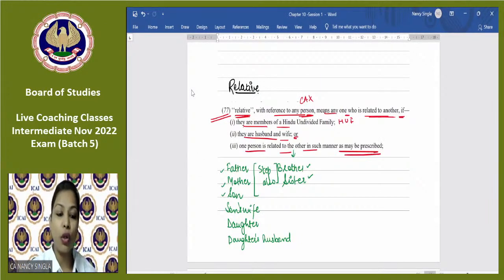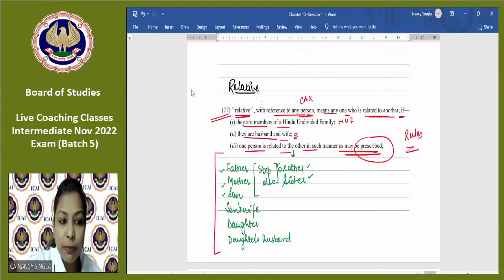And students, you all know that since the Companies Act 2013 is a rule-based act, wherever it is mentioned, for example here, that such person as may be prescribed or such limit as may be prescribed, where is it always prescribed? In the rules. We need to refer to the rules.